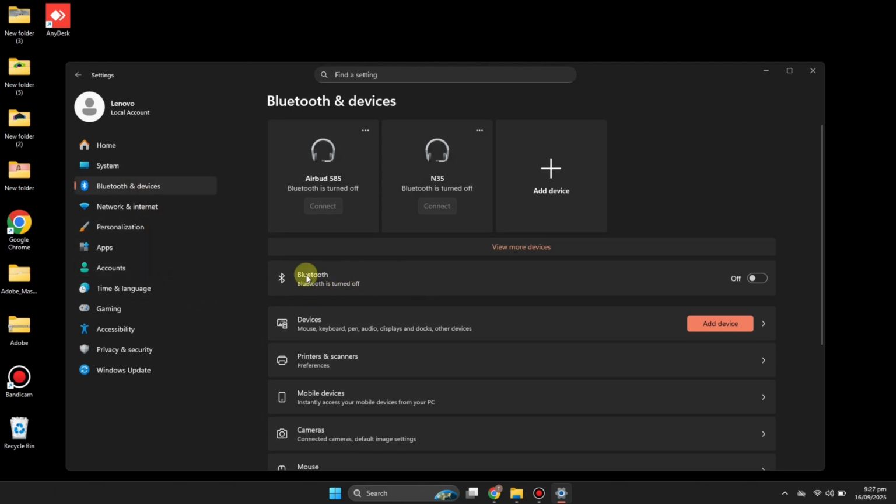This one will be turned off. You can see the toggle onto it. What you have to do is simply click onto that one and after that the Bluetooth will open. Now if you want to pair it with a device, you can click onto this option, which is the